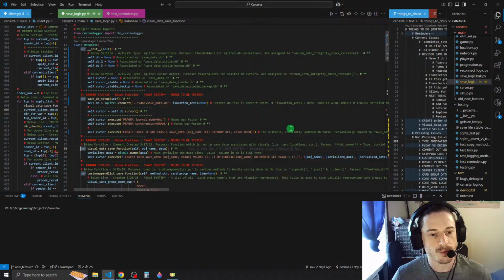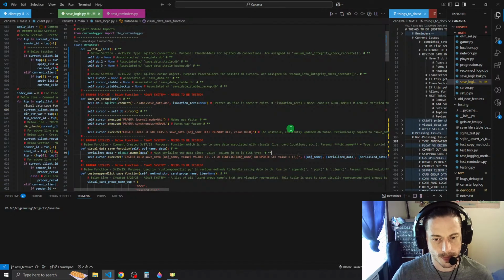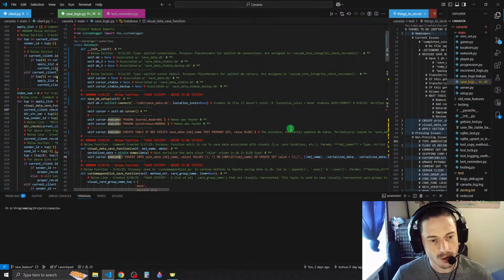Then we have this next function, which is called the visual data save function. Its purpose, we didn't modify this one. Well, yeah, we did, I'm sorry. It takes in self, object name, and data. It serializes the data because it's going to be a blob. So serialized data equals pickle.dumps(data), and we must serialize since the value column in the DB is blob type. And then we have cursor.execute